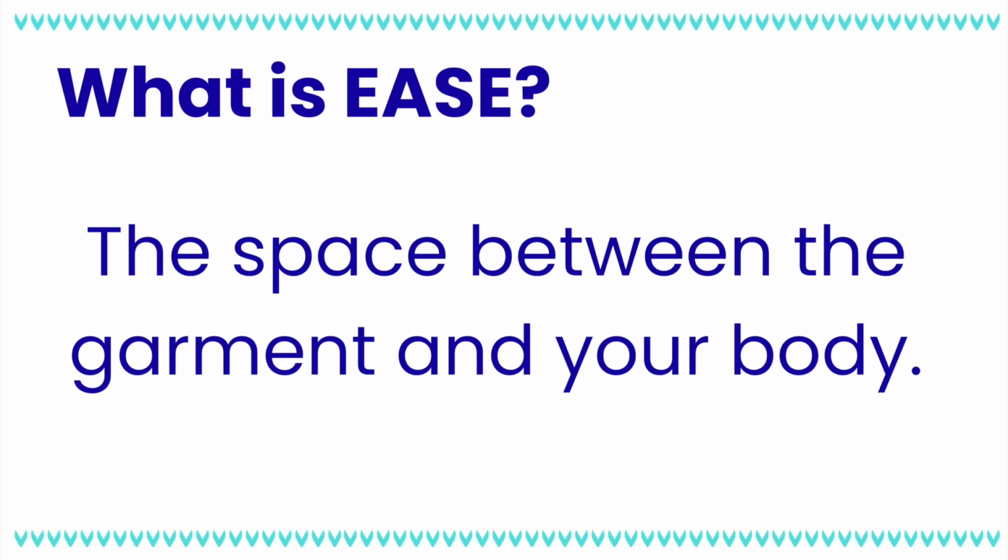So when I talk about ease, for those who aren't sure what that is, positive and negative ease, it's basically saying how much distance is there between the garment and the body. So this hat, pretty tight fitting, it's got negative ease. I have to pull it and slide it over my head. It's smaller than my body. My sweater, I can pull it out. You can see there's ease through that sweater. So there's positive ease through that sweater, so it's larger than my body. Your socks should be smaller so they're going to stay in place on your feet. So negative ease means smaller, positive means it's larger. No ease means it's the same size as your body. Like if you were wearing a camisole underneath something, it might be your exact body measurements or thereabouts,